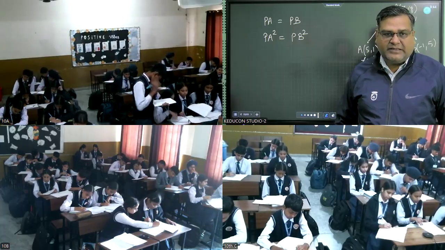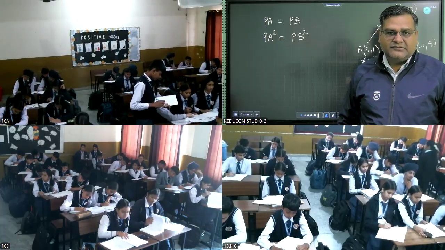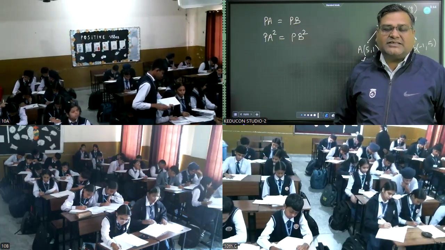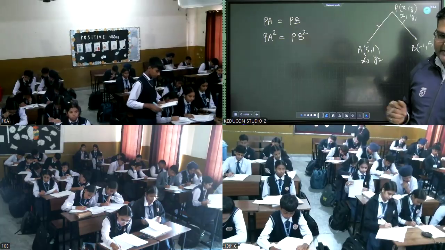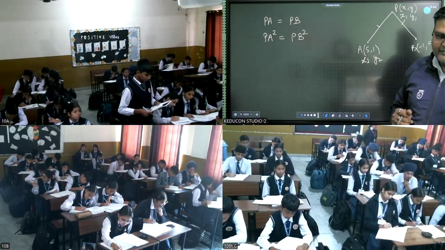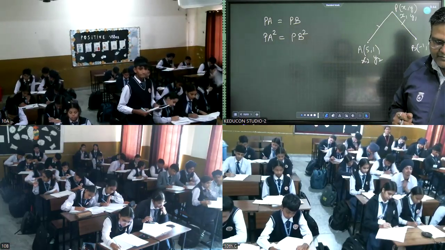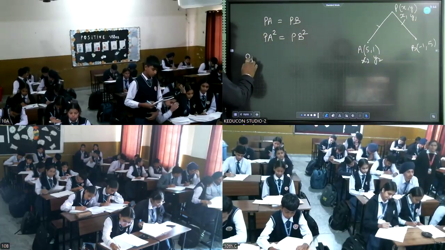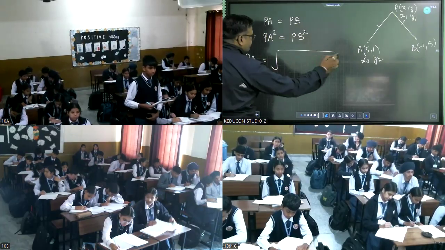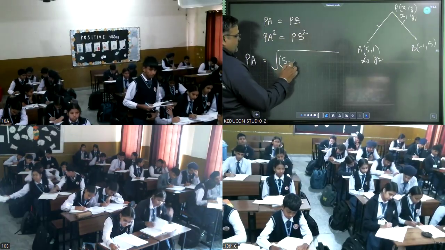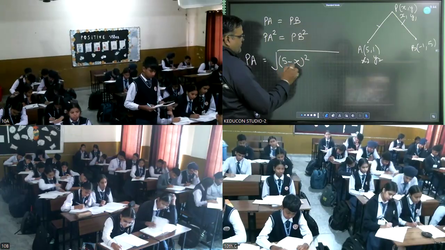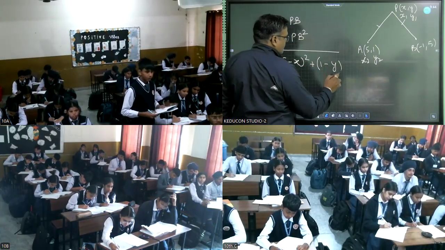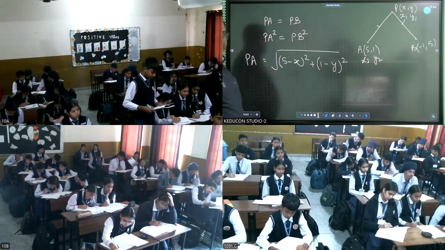हाँ जी, क्या बना बेटा? करो जल्दी. हम दोनों साथ साथ करते हैं ना, बताइए जरा क्या क्या लिखा आपने, अब नेक्स्ट स्टेप। under root (5 minus x) whole square, वेरी गुड। plus (1 minus y) whole square. ठीक है, यहाँ तक।